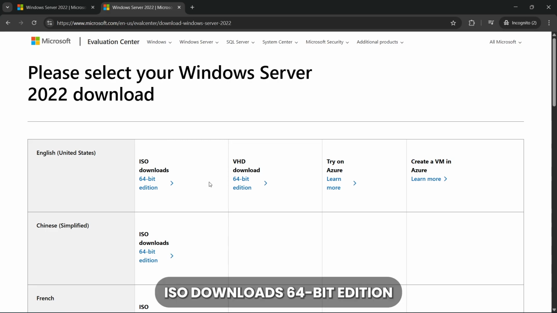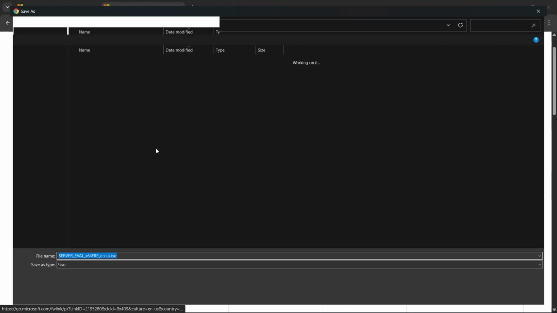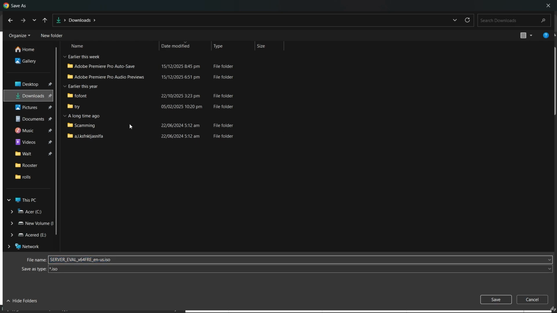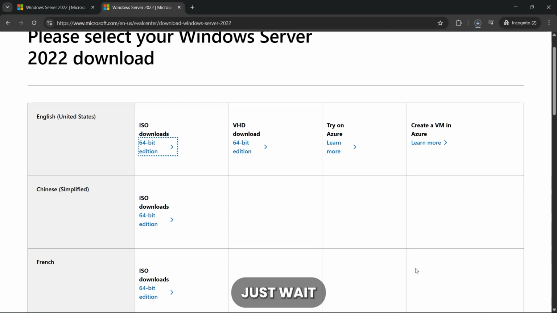And just choose the ISO downloads 64-bit edition and just wait for it to download.